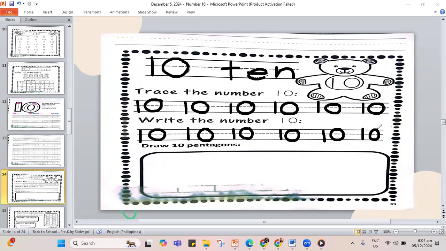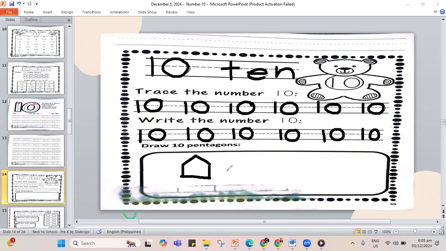Now, since I'm done tracing and writing for my 10, I get to draw 10 pentagons. Let me show you how to draw it. So you make the top like this, like an upside down V. Two lines going down, and then you connect it.